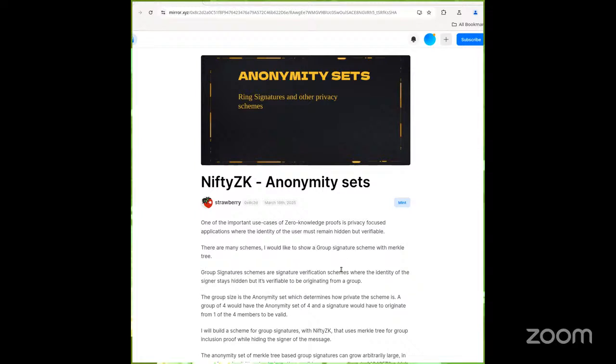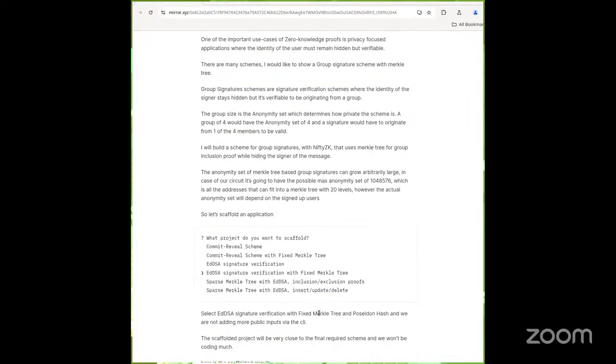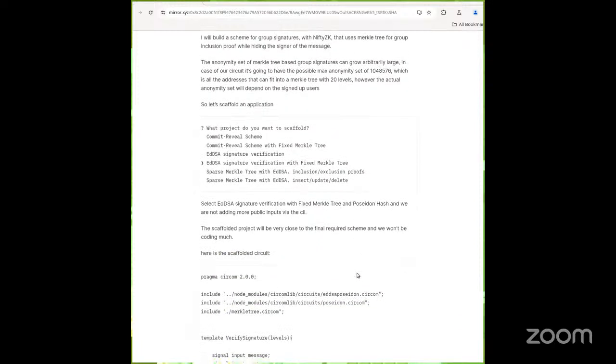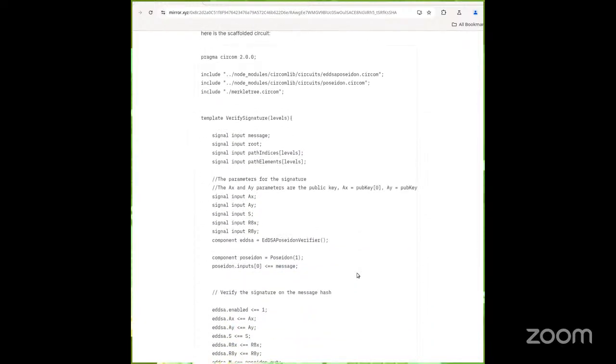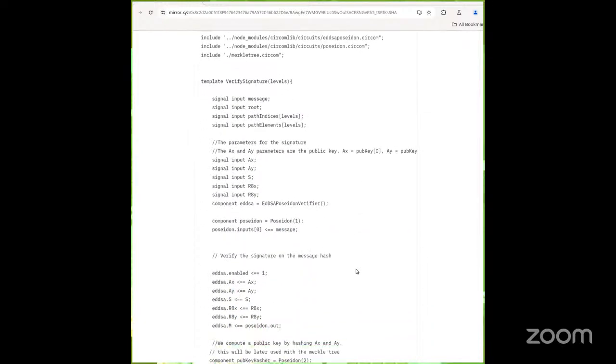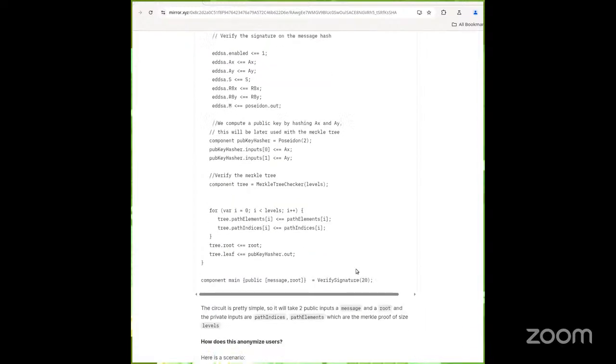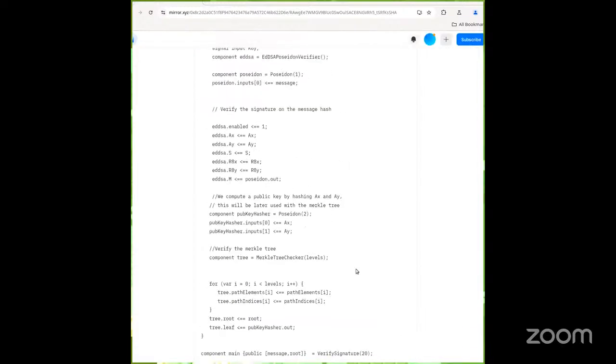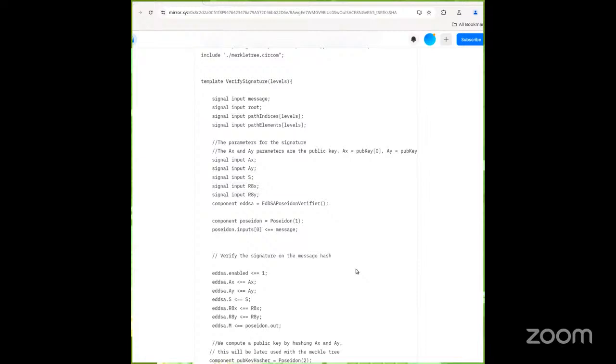And you can create a group signature scheme with Merkle trees, with NiftyZK very easily. So you can select, in this example, an EDDSA signature verification with a fixed Merkle tree. And that will scaffold you a circuit that looks quite similar to the other one, but this is not a sparse tree.